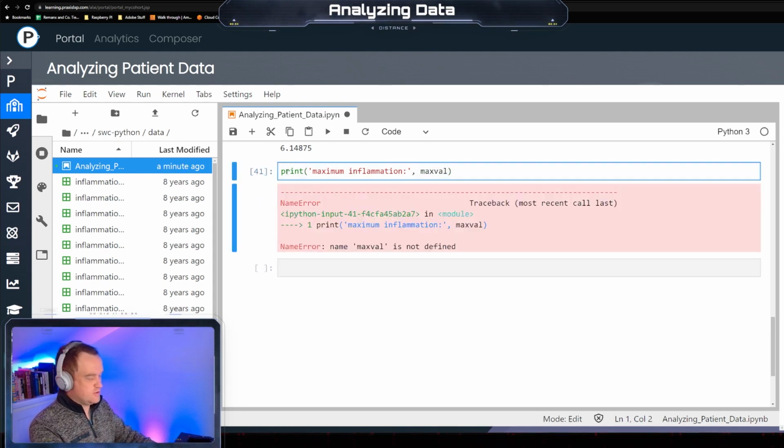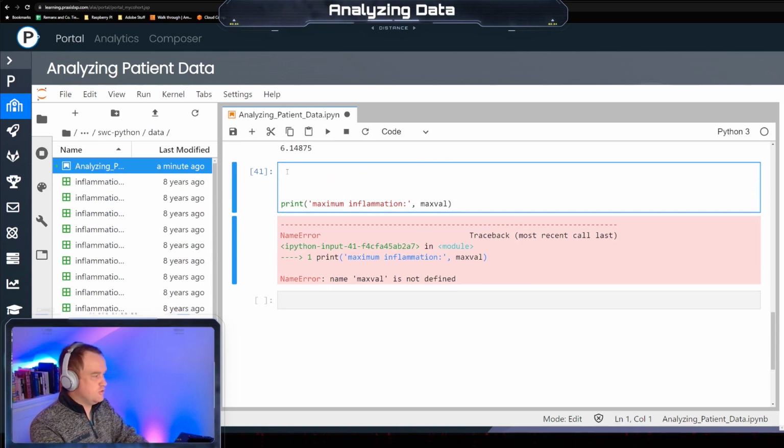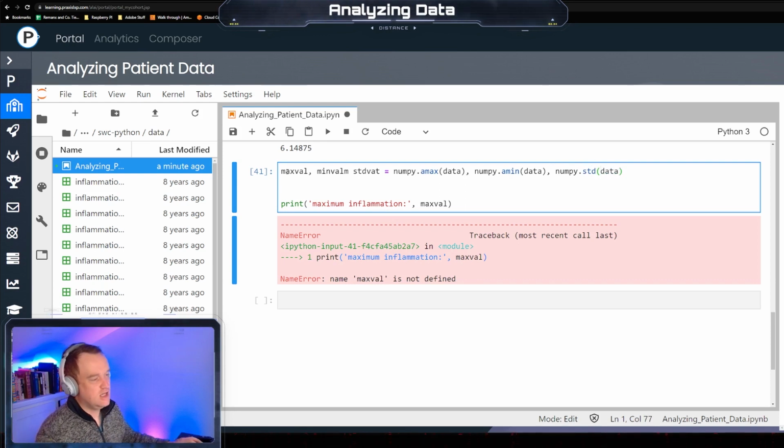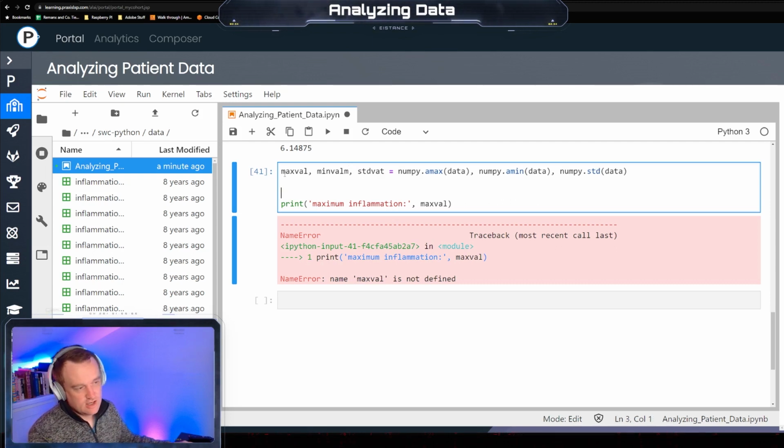Yep, we have to do something before that. So we're going to do max val, min val, standard val equals numpy.amax data, numpy.amin data, numpy.std data. What's kind of cool about Python compared to R is